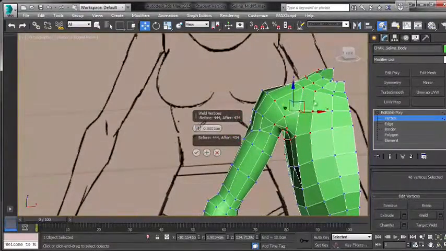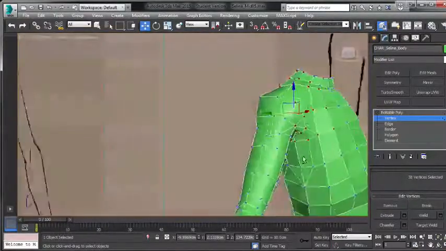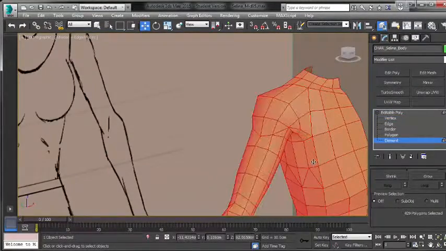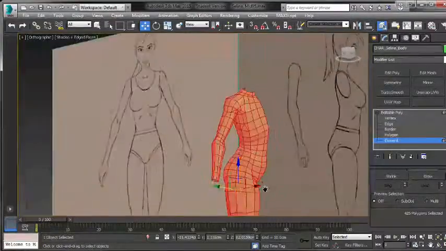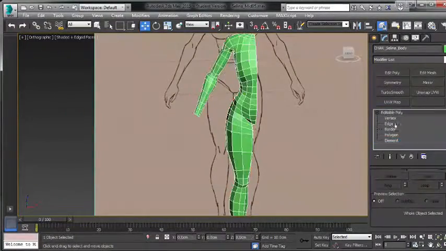And you'll notice down here you've got before and after, so you can see how many vertices will be welded, and make sure that we've got the threshold high enough to weld them, but not high enough to grab the one that's next to it. And then we'll just hit OK. So now when we go to element and we select our mesh, we've got it all as one element, and we can